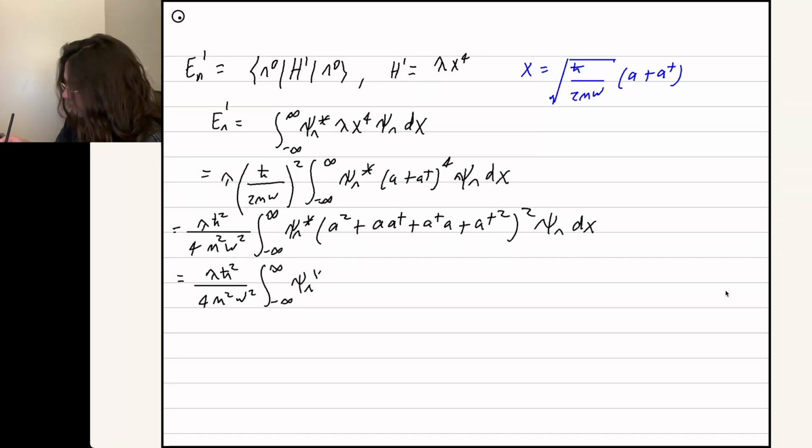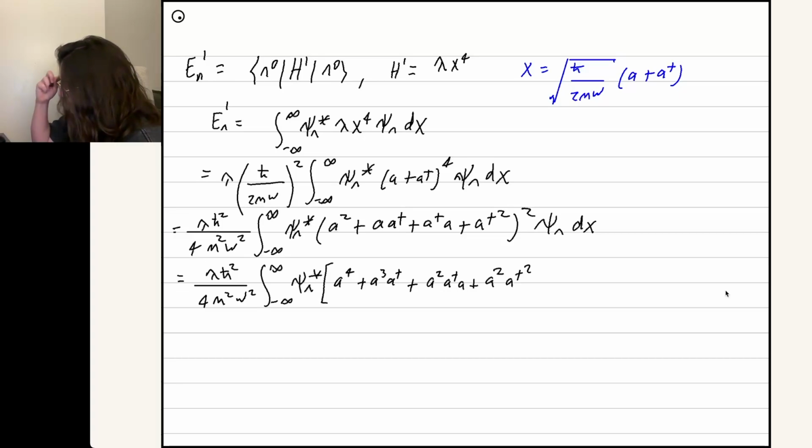You'll get a bunch of terms that are going to be a to the fourth plus a cubed a dagger plus a squared a dagger a plus a squared a dagger squared plus a dagger a squared a plus a dagger a a dagger